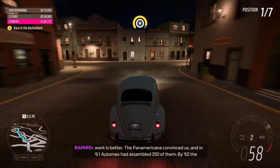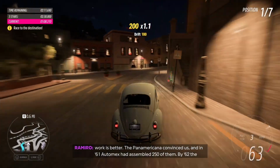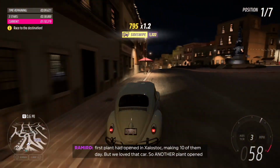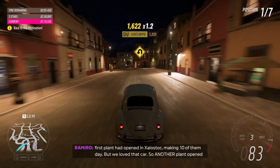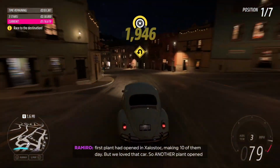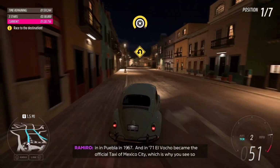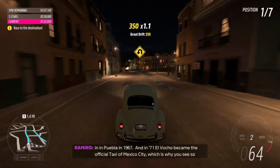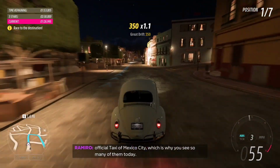The Panamericana convinced us, and in '61, Automex had assembled 250 of them. By '62, the first plant had opened in Jalostotitlán, making 10 of them a day. We love that car. So another plant opened in Puebla in 1967. And in '71, El Vocho became the official taxi of Mexico City, which is why you see so many of